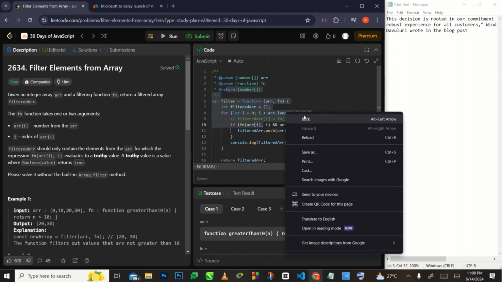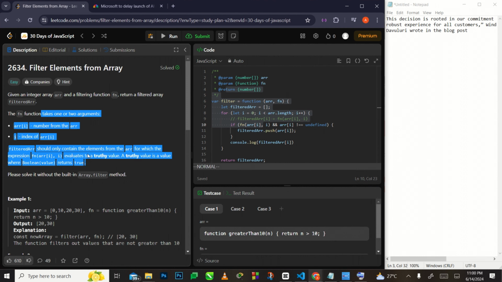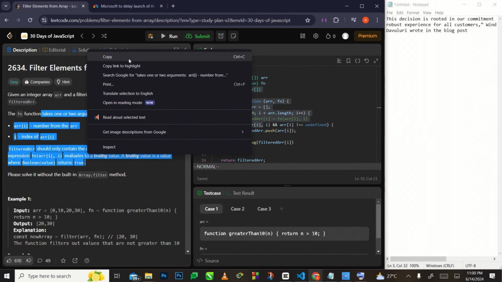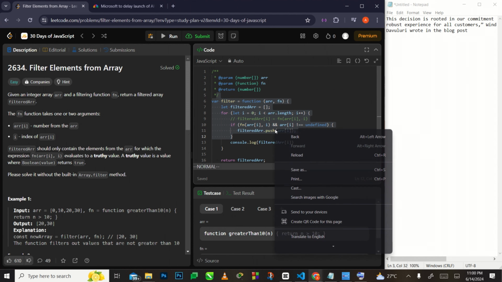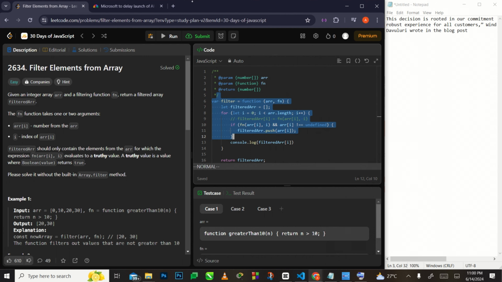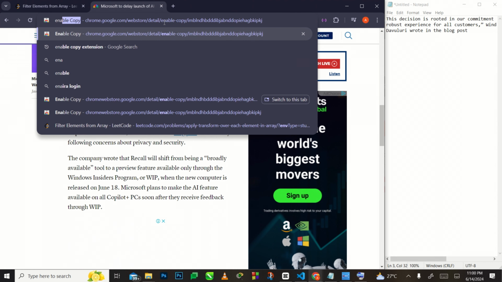So let me even show you this. Can you see there's no copy button here? But if you hover on something and click, you can see copy here. Ctrl C is active here. But if you hover on it and click, there's nothing that pops up here. So what you want to do is go to your Chrome also, and then I'm going to change this to what I need now. Enable copy